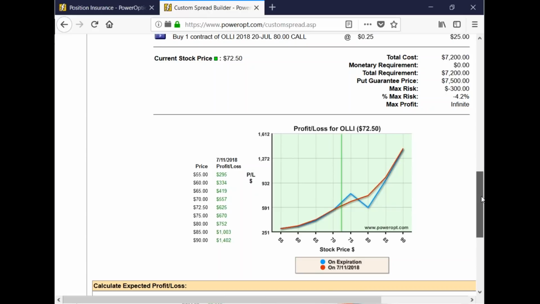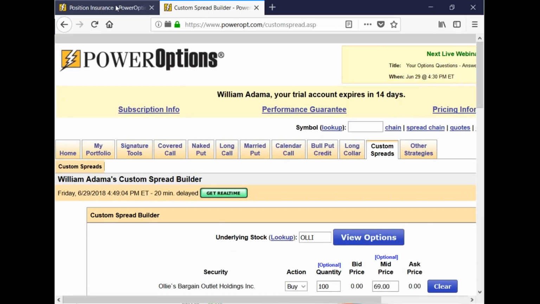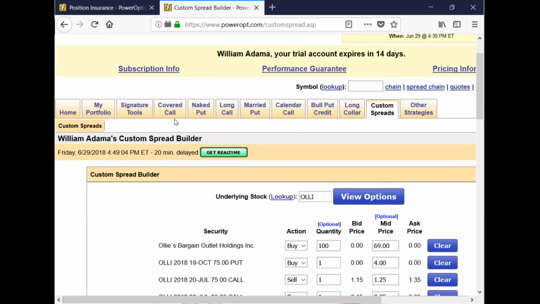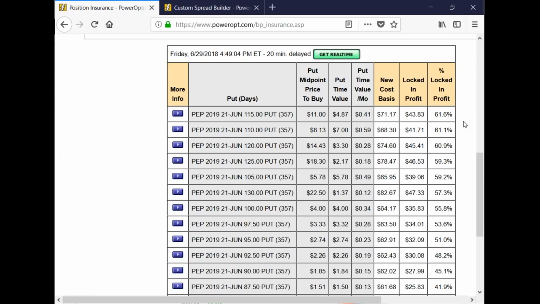But income method number 5 is the other one. Okay, now, so we covered the Pepsi position there. We talked about that. We talked about the numbers we want to look for and the tools you'd want to look for in this case to do it. Nothing wrong with the 120, nothing wrong with the 125 even. But in general, I treat it almost as if I was opening a new married put today, and I'd be looking at the 110 or the 115 personally. I could do an income method number 6 to leave the upside open or more.